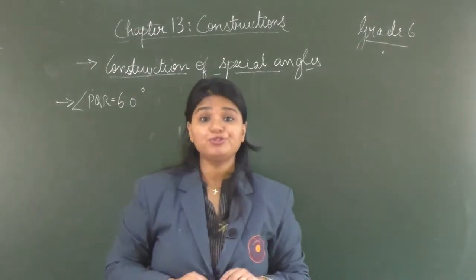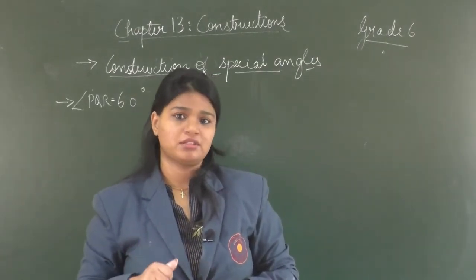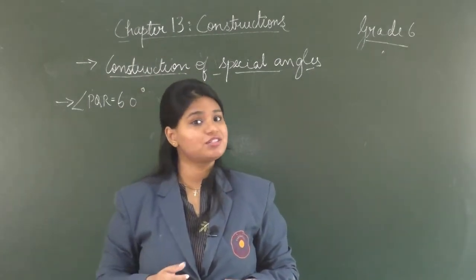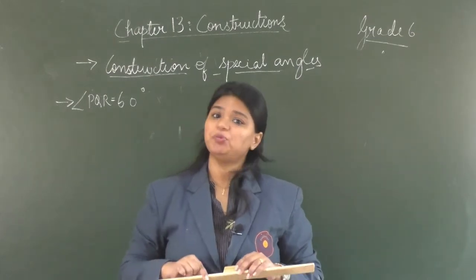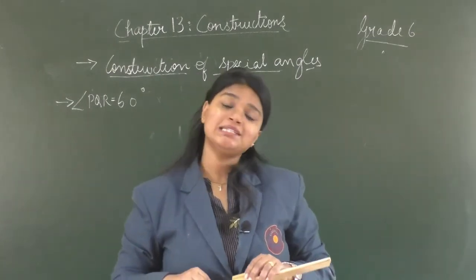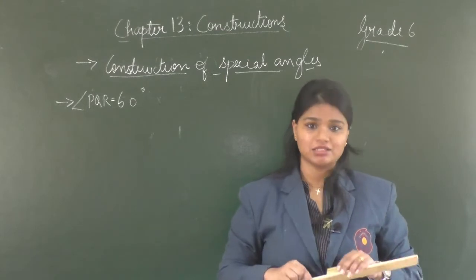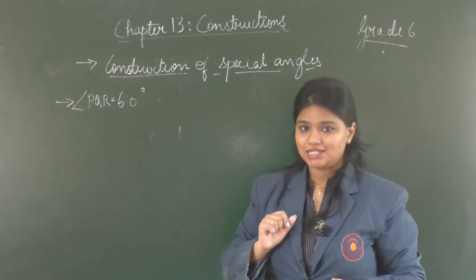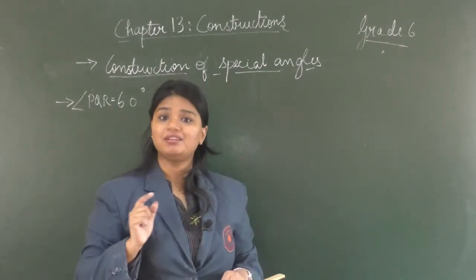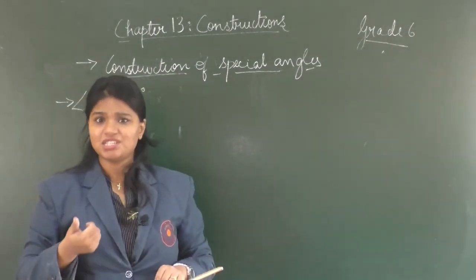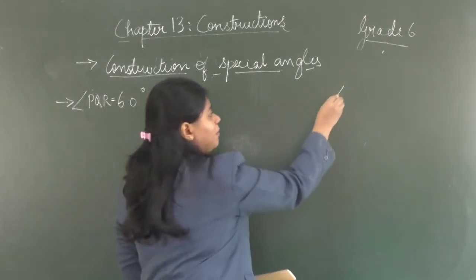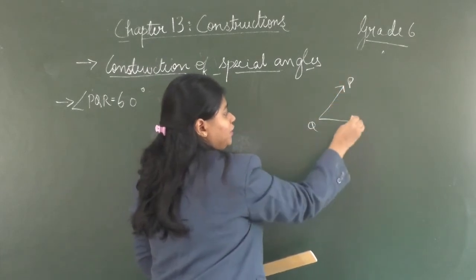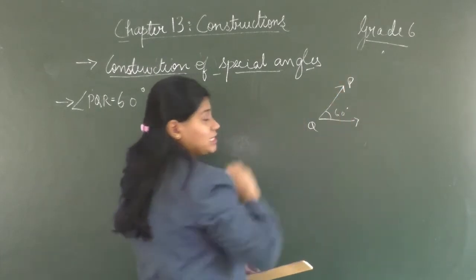We all know how to draw angles using a protractor. Now, won't it be interesting when we can construct angles using a compass? Yes, it will be very interesting. So now, let's learn how to construct these angles. First, we will learn how to construct an angle equal to 60 degrees. Now, first we will make a rough sketch. We know that 60 degrees is an acute angle, right? So here I am making a rough sketch of this angle. So we have to name it as angle PQR and it is 60 degrees.